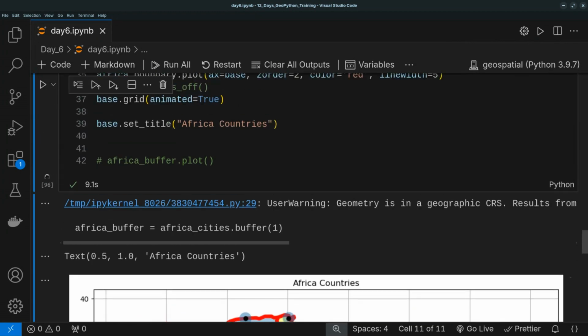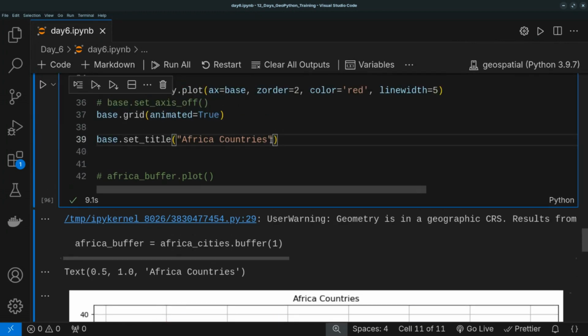Okay, I have it here. This one too can take in a lot of arguments. Maybe I think this one, I'm not sure if I should change it. I know of font size. So if we set it to be 22, and maybe font weight, set that one to be